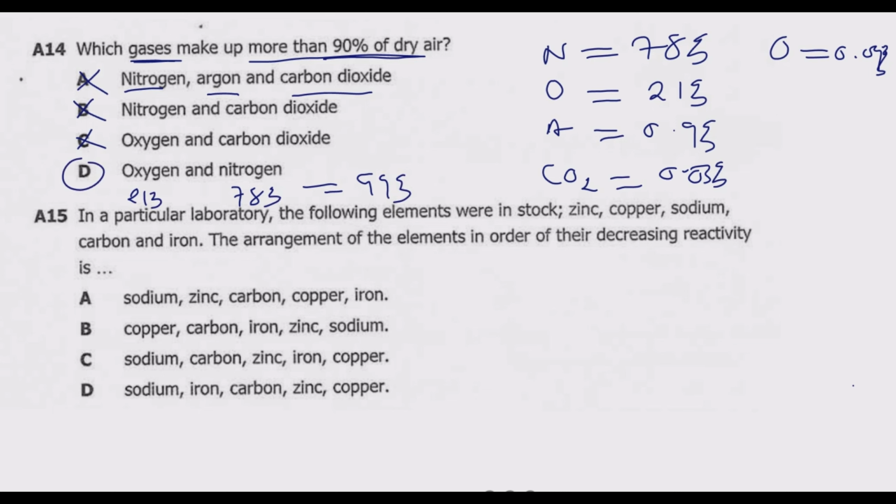We go to question 15. In a particular laboratory, the following elements were in stock: zinc, copper, sodium, carbon, and iron. The arrangement of the elements in order of their decreasing reactivity is... So they're asking us to list them in decreasing reactivity. So you start with the most reactive, then end up with the least reactive. There are so many ways that you can remember the activity series, but one of the most famous is